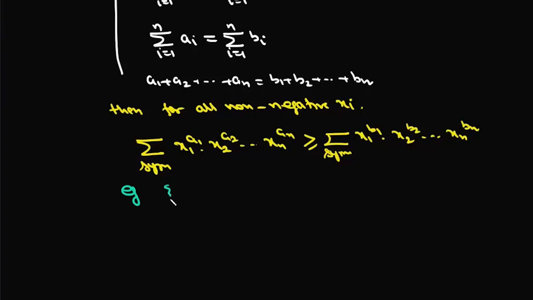Suppose we have two sequences 5, 1 and 4, 2. Now clearly 5 is greater than 4, and 5 plus 1 equals 4 plus 2. That means this sequence 5, 1 majorizes sequence 4, 2. So now we can write this symmetric sum